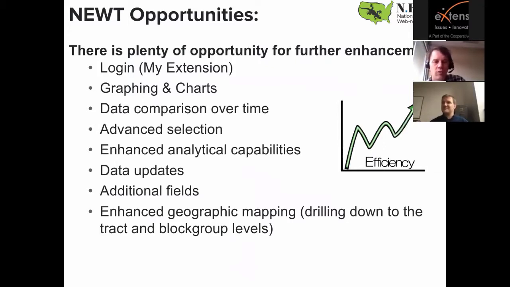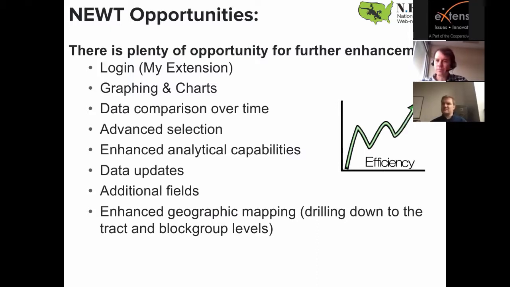We talked a little bit about the graphing and charts capability, which we'd like to enhance, and that's not a huge lift. I think it'd be really interesting to look at a comparison of data over time. So maybe we have some data from 1990, 2000, and 2020, and just see what the trends are. Perhaps some advanced selection tools, some enhanced analytical capabilities, perhaps hotspot mapping, who knows,